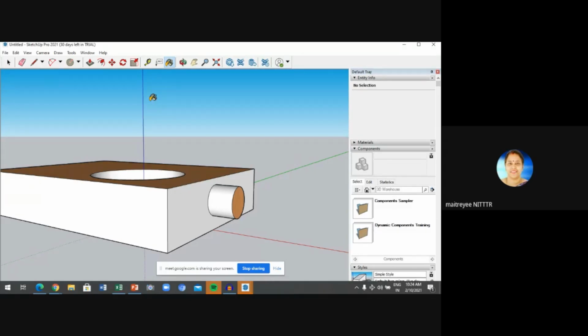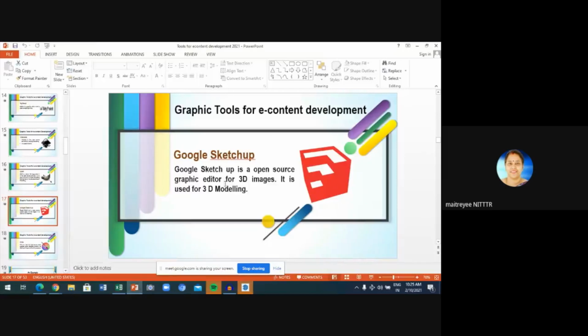learn this software. And one very important thing in case of open source software is that whenever you are downloading any software, along with it you will get the help manual every time, right? That is very important. For this open source software, it is very useful that if you download anything, you can download the help manual, and just go through the help manual, then you will be able to learn that software very easily.